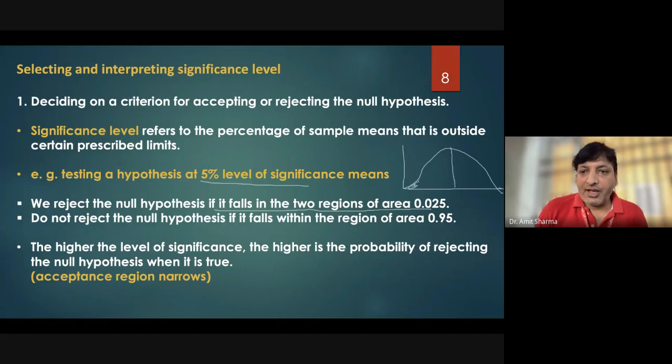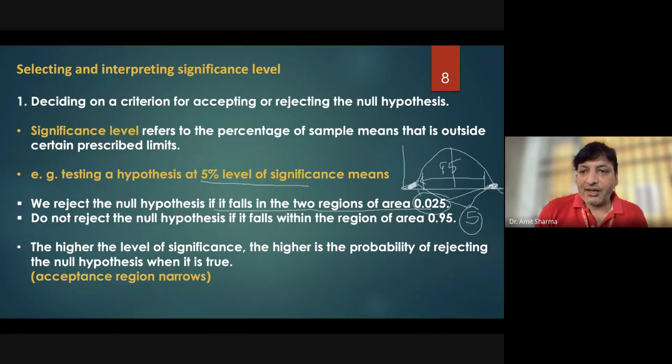So whatever area I'm getting on this side and on this side, I'm working only on 95%. So 95% will be this area from here to here. This will be the 95% area, and these we used to call the chances of error, type 1 and type 2, equivalent to 5%.